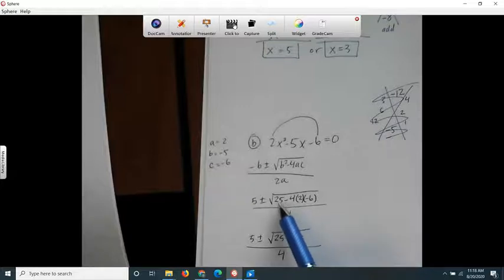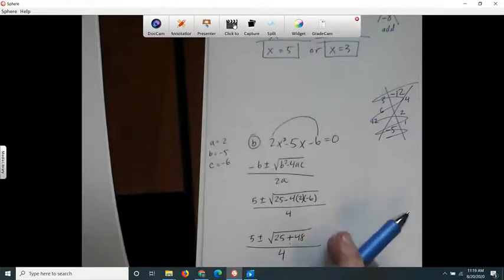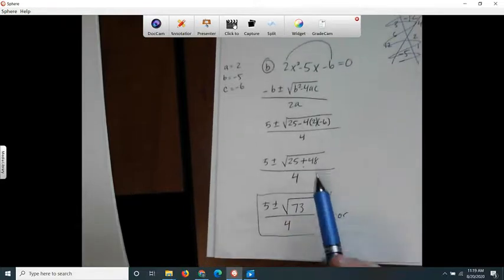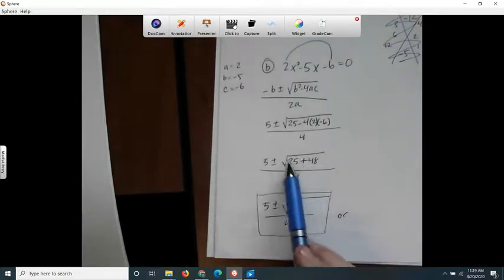You can think of it a different way: 25 minus 4 times 2 times -6, which is negative 48. But if you subtract a negative, it's positive. So either way that you think of it, just be very careful right here that you don't get your sign wrong. And then you have to just use the order of operations,